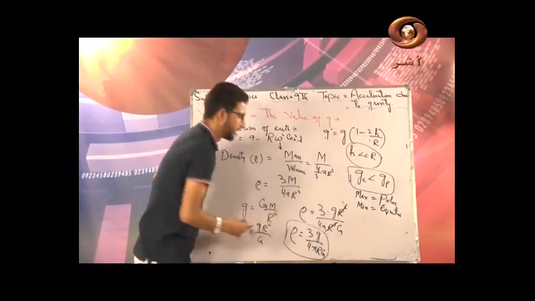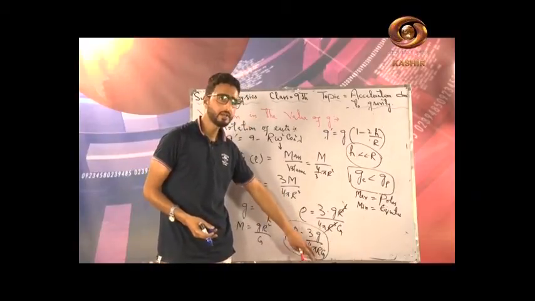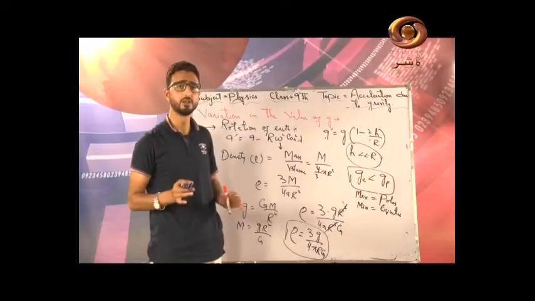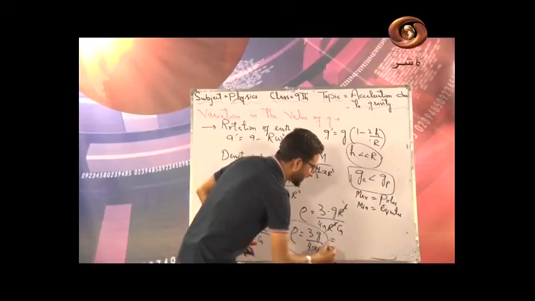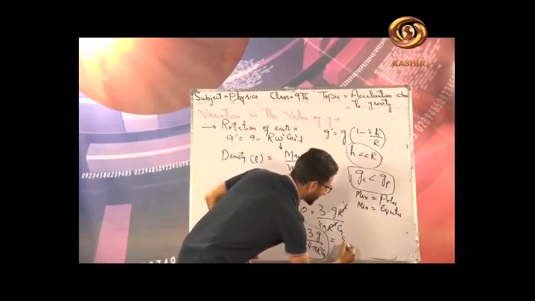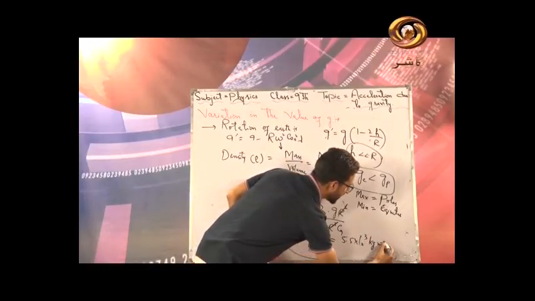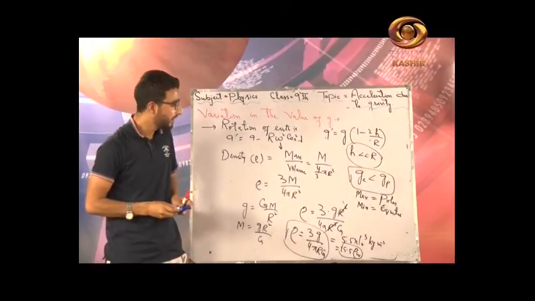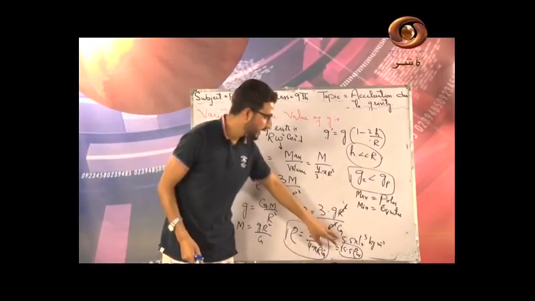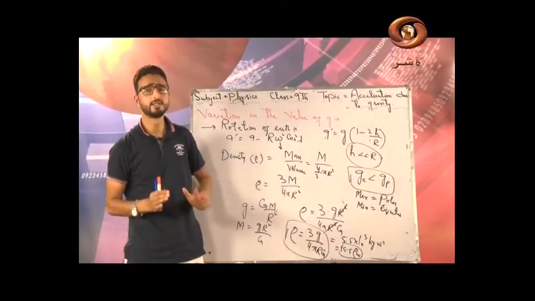Now, on the surface of earth, you know the value of small g. You also know radius of earth and this universal gravitational constant. By substituting the values, you will get the value of mean density of earth. This is 5.5 into 10 raised to power 3 kg per meter cube. That is simply equal to 5.5 times the density of water. This is the density of earth in terms of density of water. So we calculated the value of density of earth from the concept of small g, that is acceleration due to